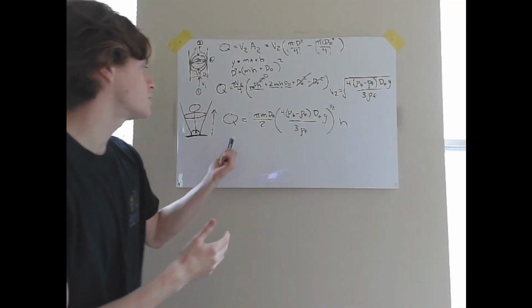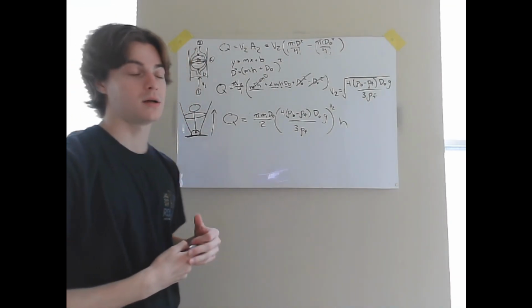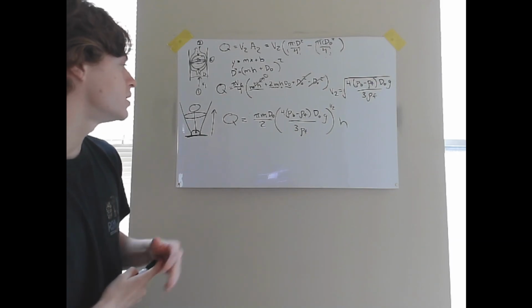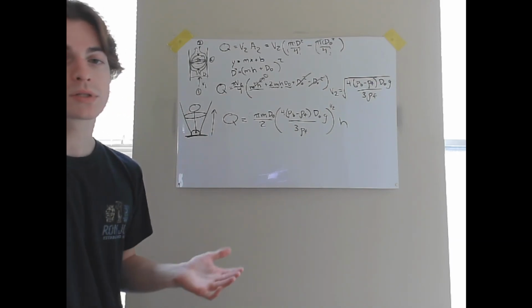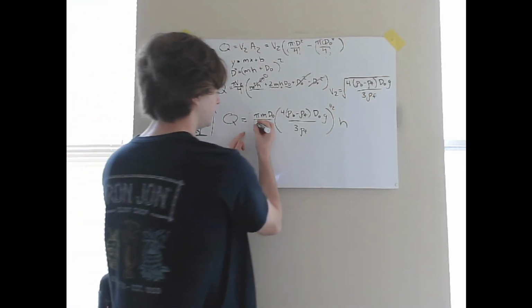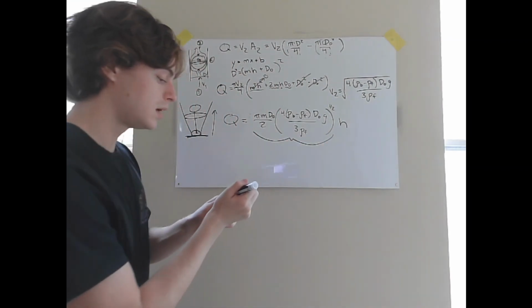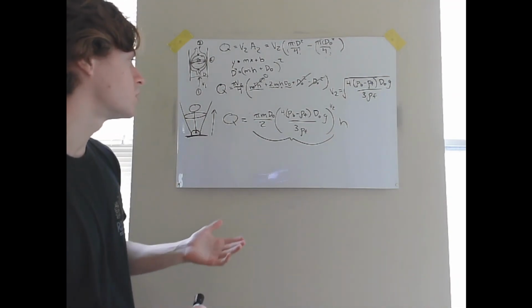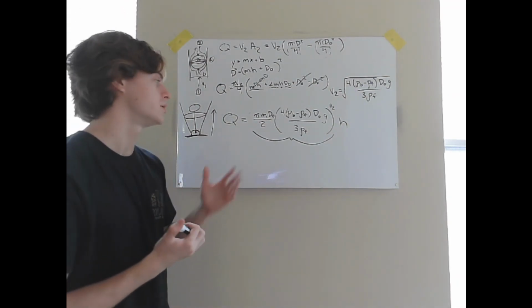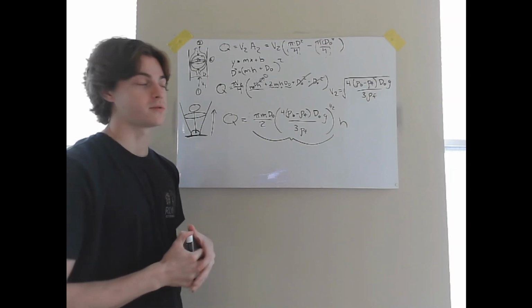So this is the expression that relates the relative height of the ball inside the rotameter with the flow rate. And what's cool about this equation is all of these terms here are constants. So it shows that there's a direct correlation between the volumetric flow rate and the height of the